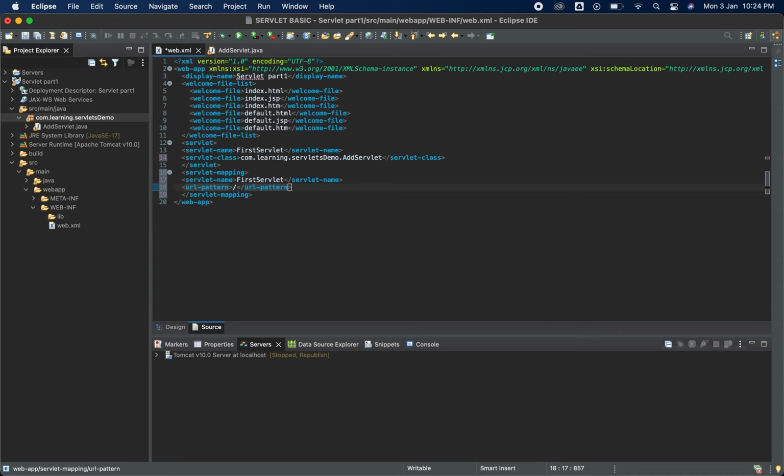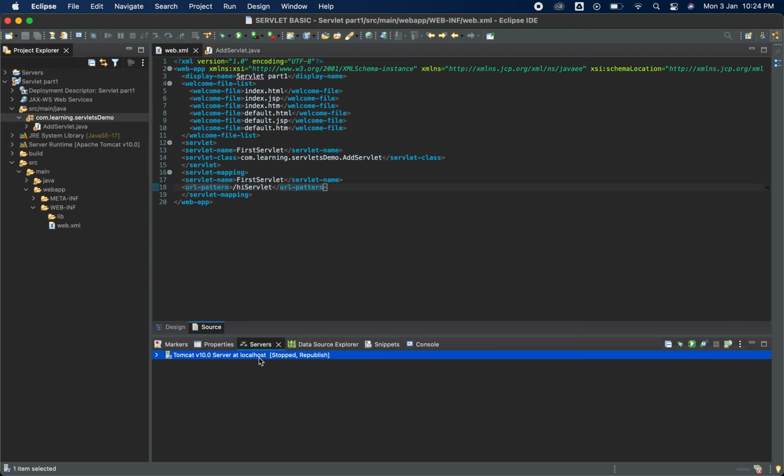Suppose we are running it on localhost port 8080, slash whatever the user gives will invoke that particular servlet, hiservlet. If I hit this hiservlet, it should call this particular thing.